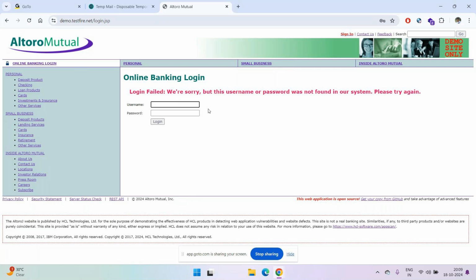Do you want to see how we can bypass this login page with the same credentials? Anyone know how to do it? Anyone maybe studied SQL injection previously? See, the same username Harsha, I'm just adding something called a single quote, hyphen, space, and I'm giving a random password. I'm not even looking at what password I'm giving here, right? So if I click on login now,